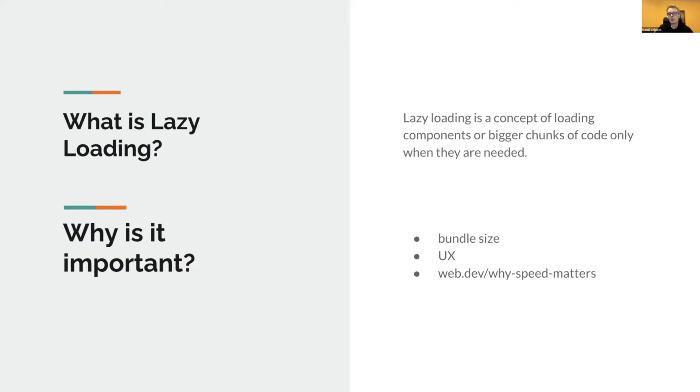For example, when you have an e-commerce application, a user using search doesn't have to load all the code required to place an order. Bundle size is important, but it is only a single part of overall application performance. To know more and to see how it can impact business revenues, please have a look at the Why Speed Matters blog post on web.dev. But moving on, how can you do it in Angular?